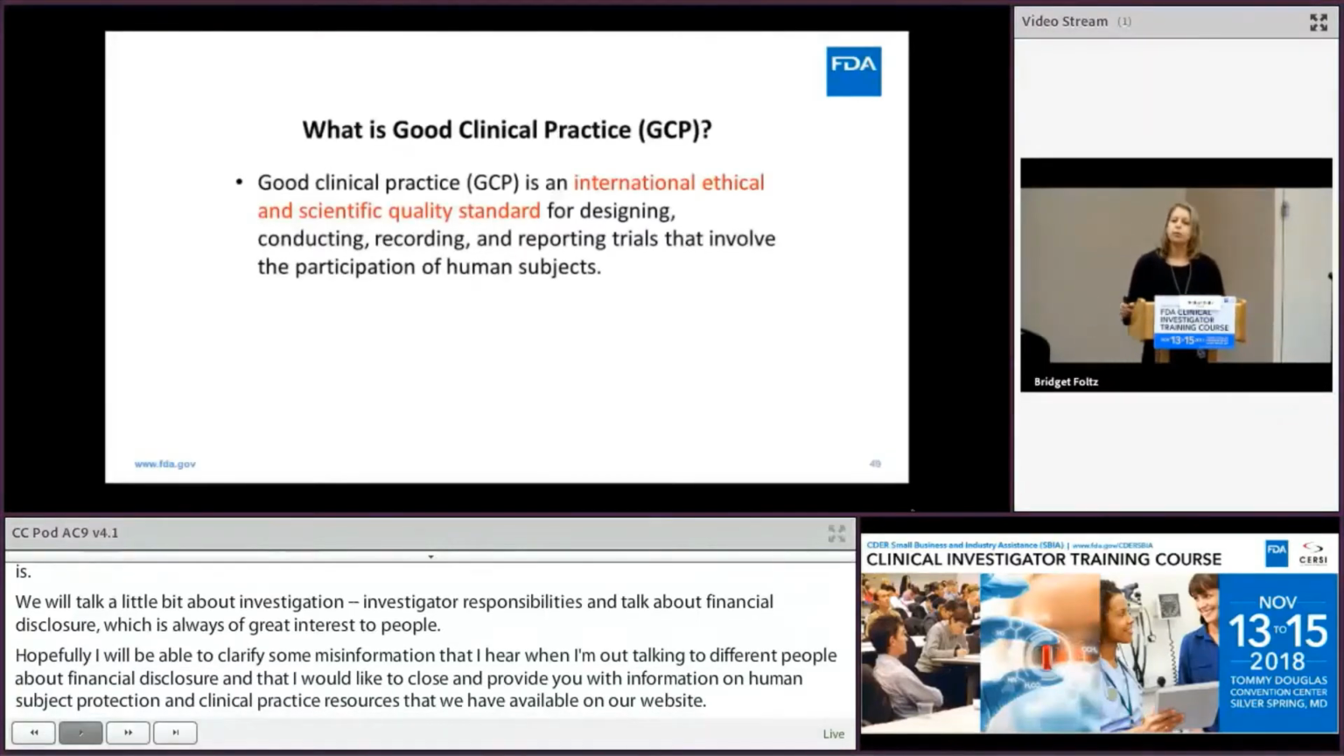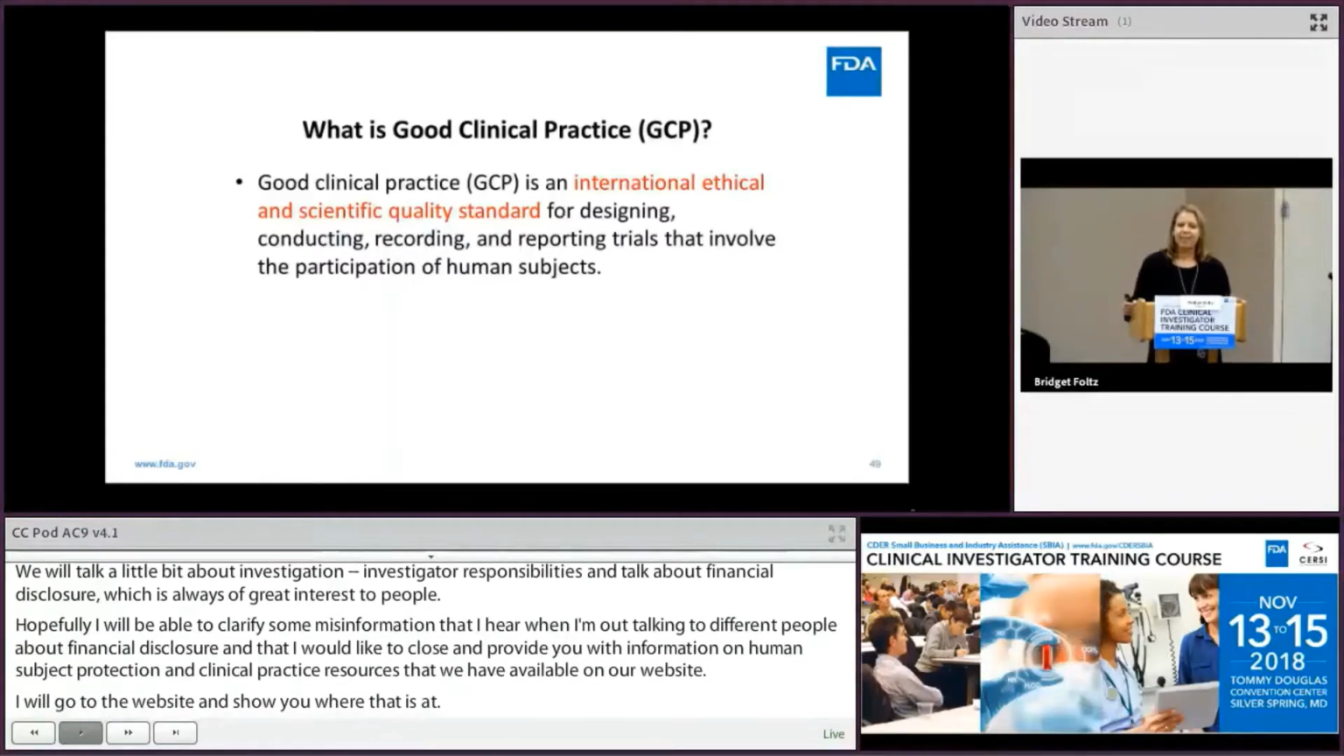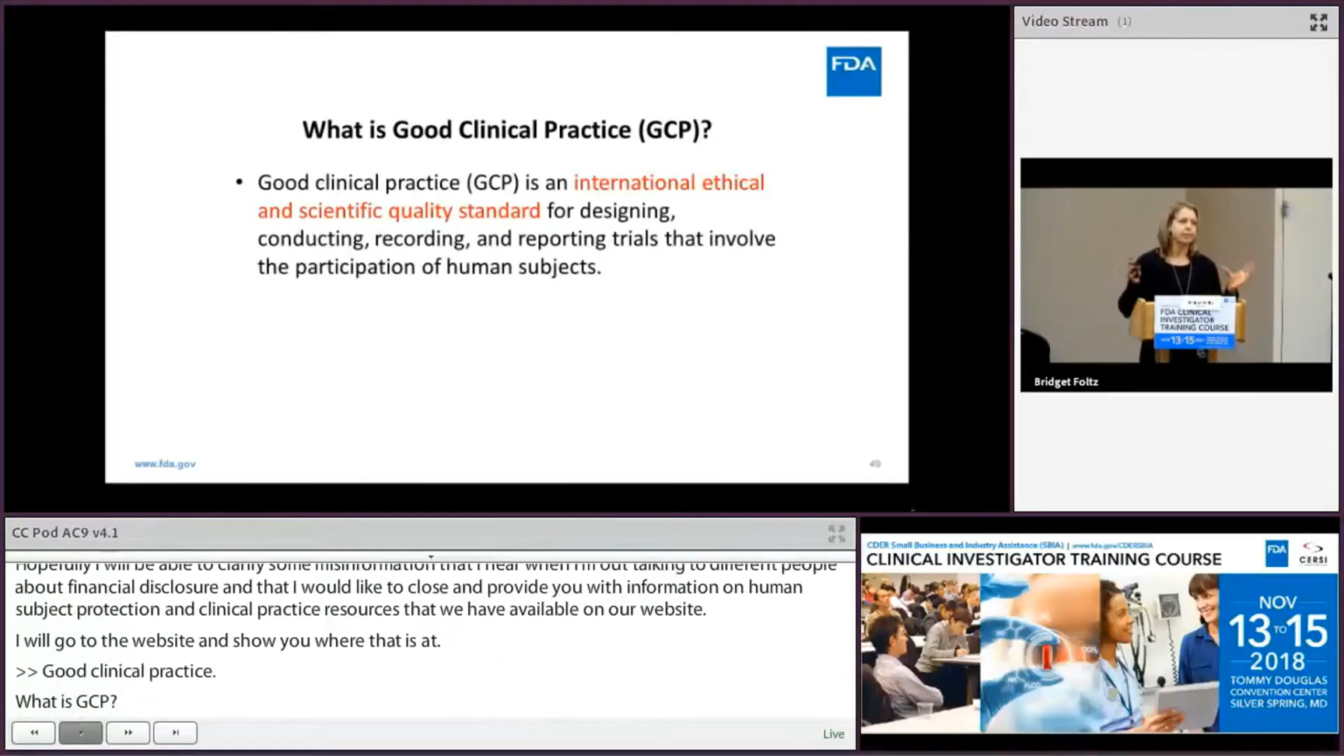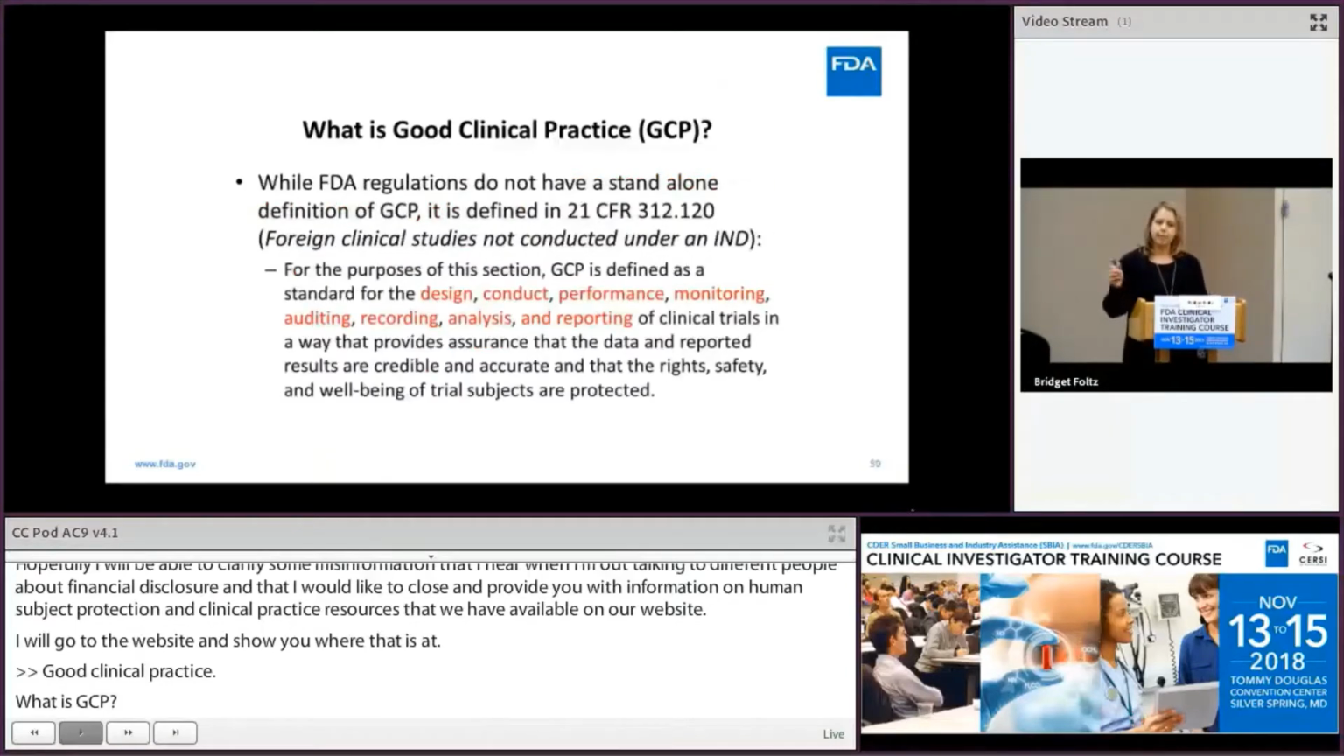Okay, so good clinical practice. What is good clinical practice? Well, it's this international ethical and scientific quality standard that surrounds the conduct, design, and reporting of trials that involve human subjects. I think it's important to note